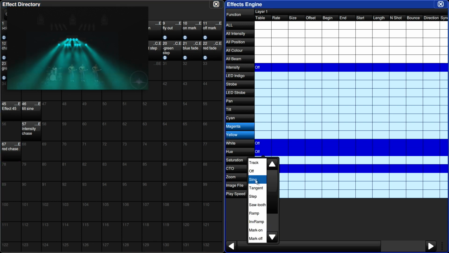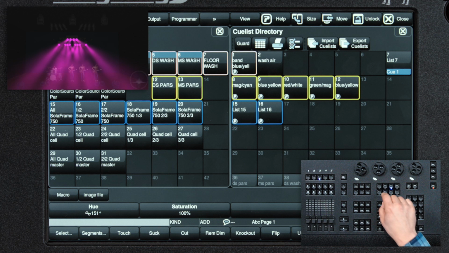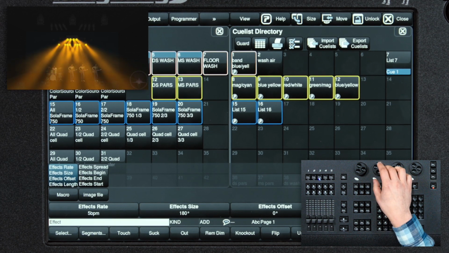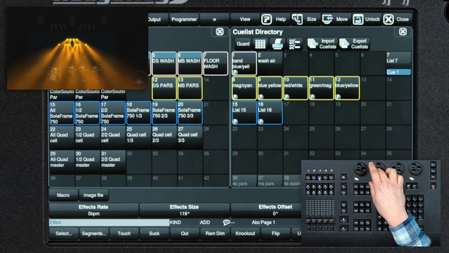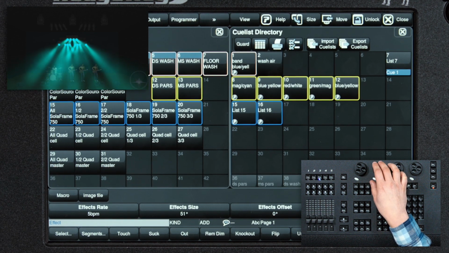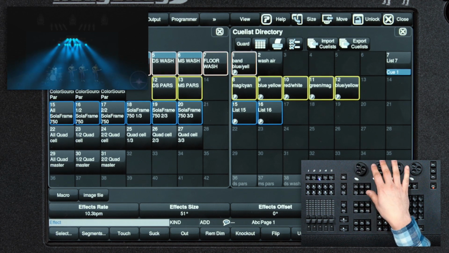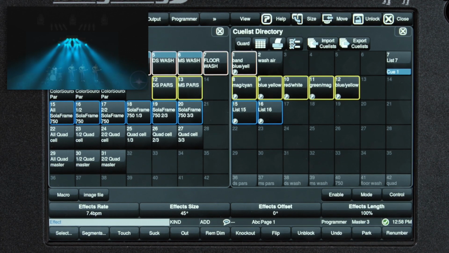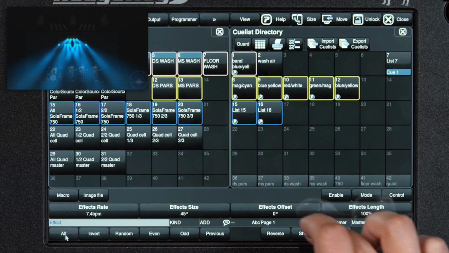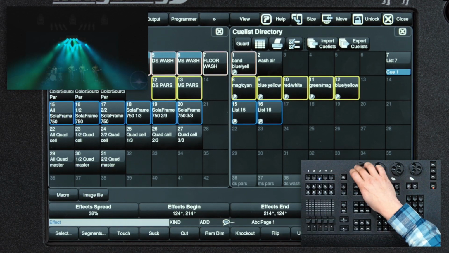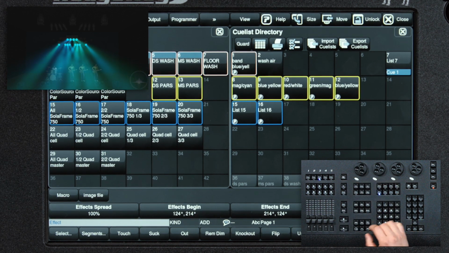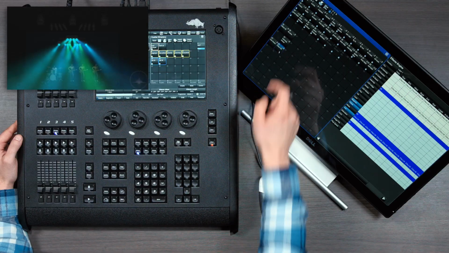I'm going to put a sine wave on hue. And now you'll see I have a size of 180. That's probably pretty big, as I only want to go from blue to green. So I'm going to dial the size down. Give it some speed. Okay. Now let's shuffle that, because that looks cool. And spread. Great, let's record that. Name it.